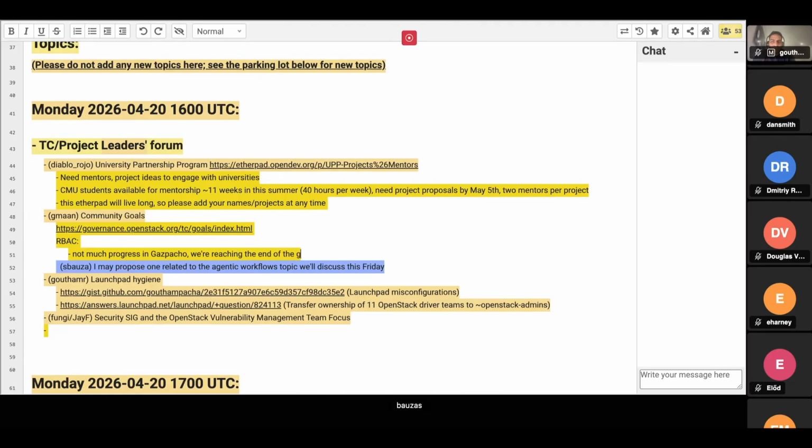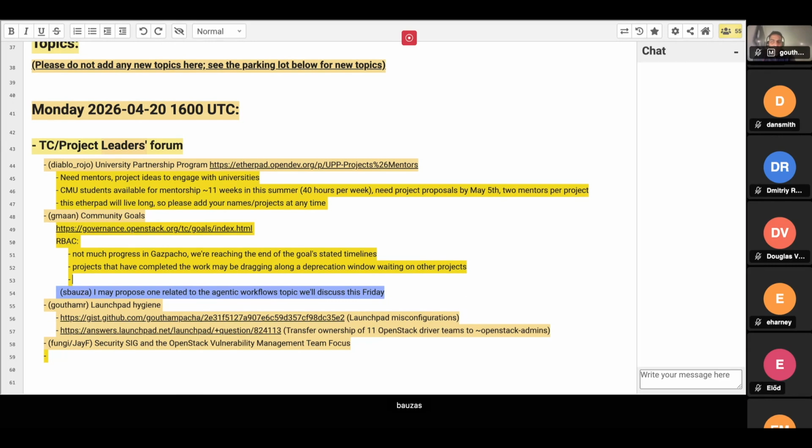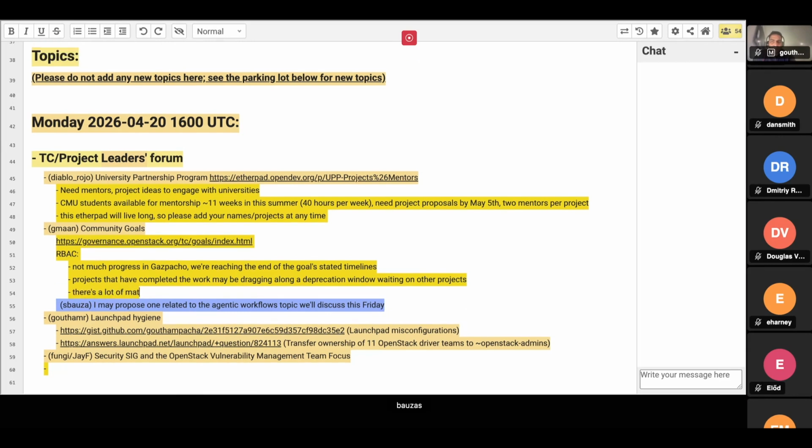Whatever projects wanted to complete, they completed. And if the projects left are not interested, even though they still have the RBAC work, I'm not sure how much we can force it. We can just make sure that the documentation on how to do your RBAC changes is there, and we don't need to drag this goal out for indefinite time.